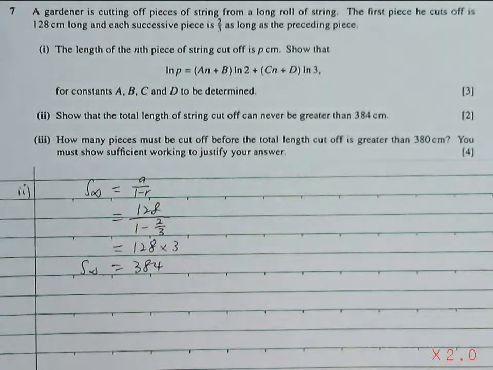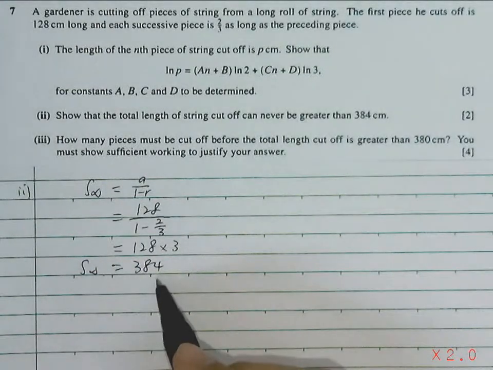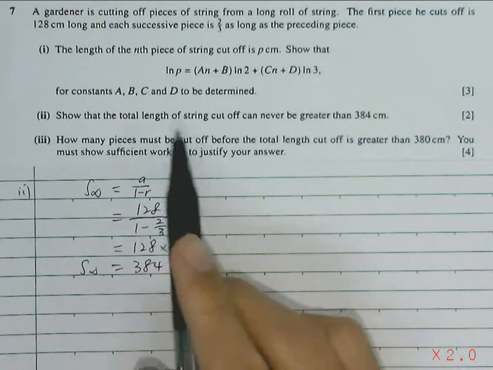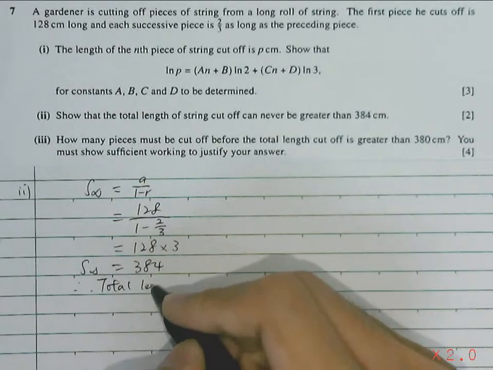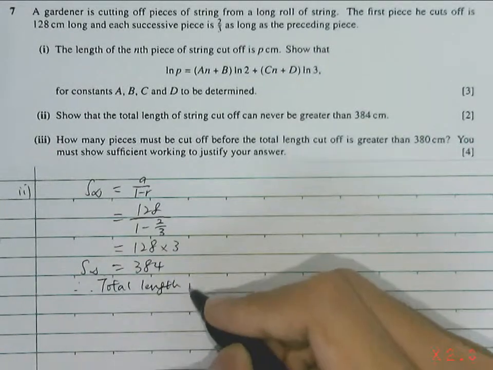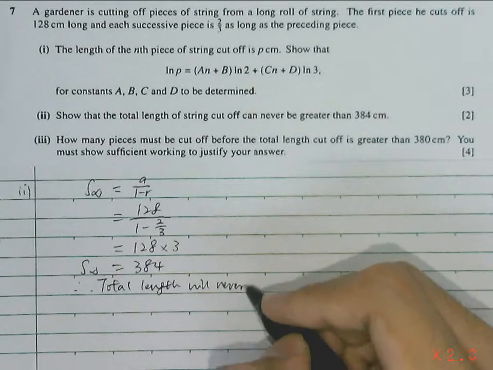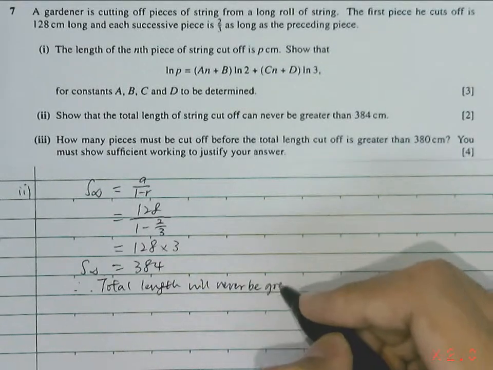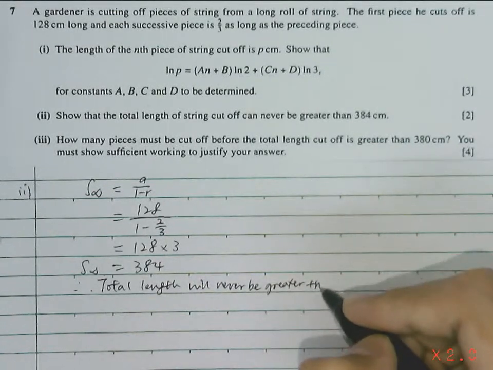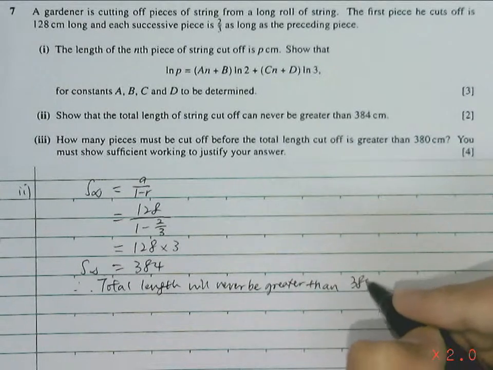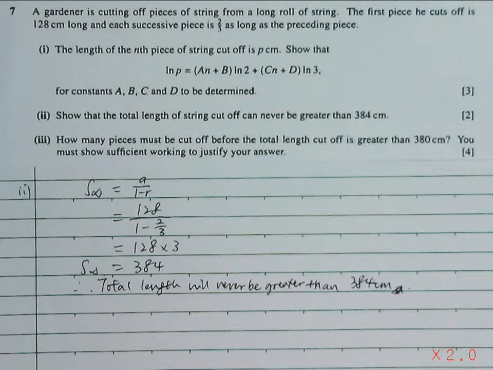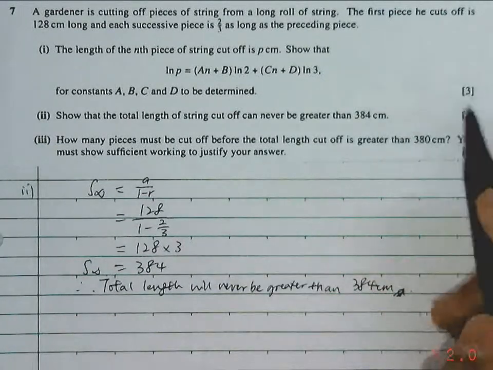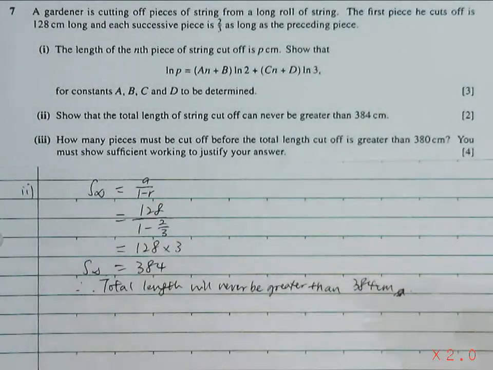So our sum to infinity will be equal to 384. That's why we can conclude that the total length will never be greater than 384 cm. This is quite an easy part, 2 marks, which is mainly testing our concept of